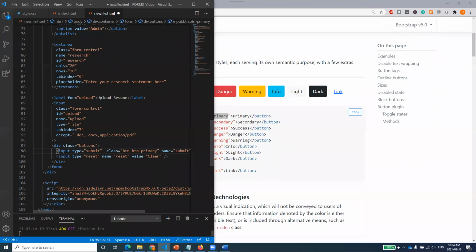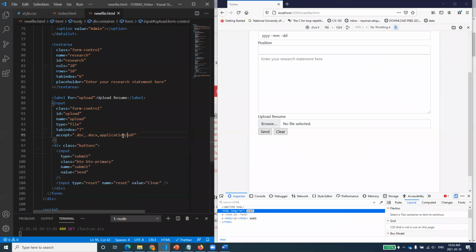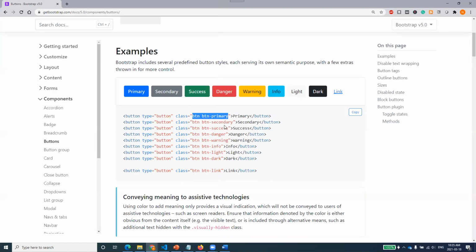Let me show you what will happen when I save. If I save this one, that's good. Now we don't need to implement so many things. We can just say button primary, I want to use that one. In the same way, here we have class equal to btn-secondary, or maybe let's take the success one.